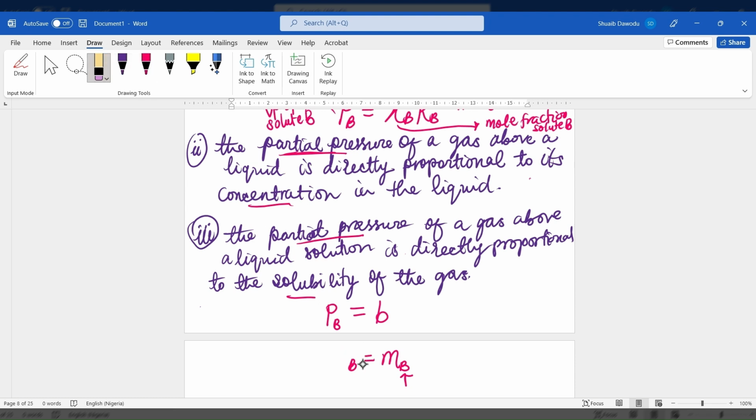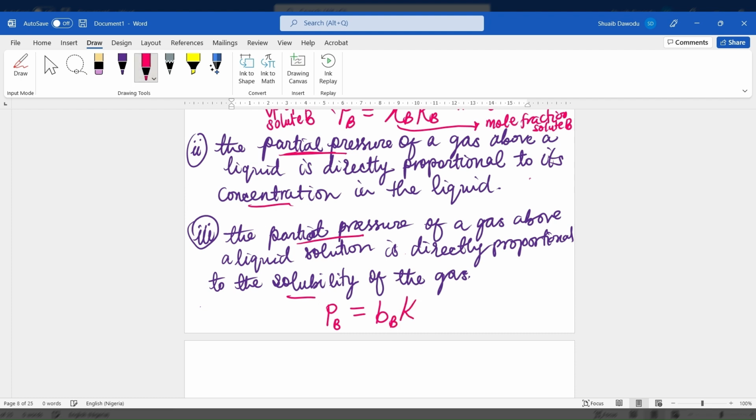But some other textbooks would have b sub B. Whether you use M for molality or b sub B is your choice. The reason why many people might avoid using M is because M is what you use for mass, in questions like this, your molar mass. So when it already has mass and molar mass, you can just give molality its own unique symbol, which is b. So b sub B is just the molality of the solute B,